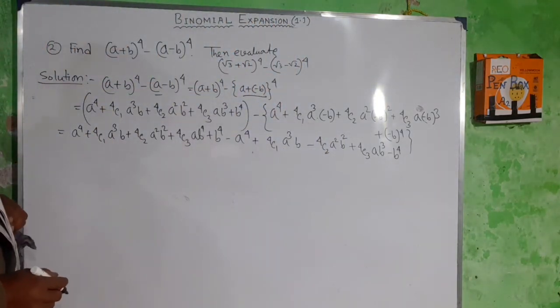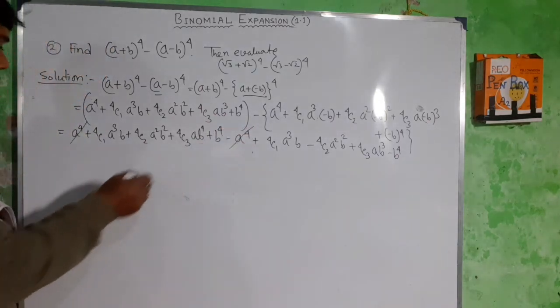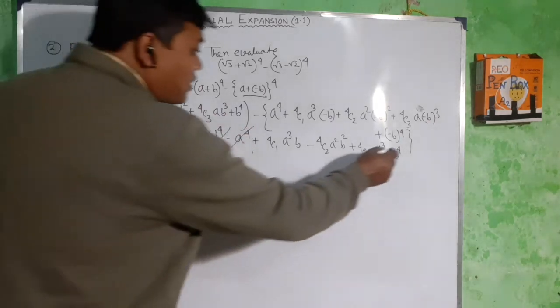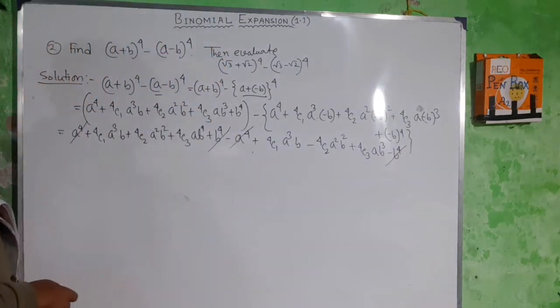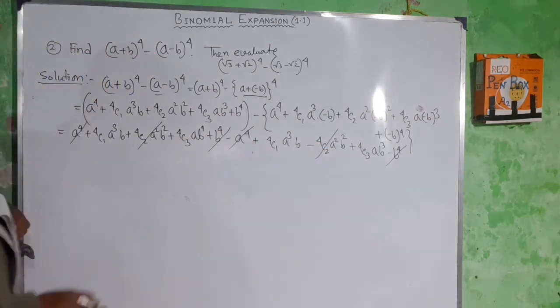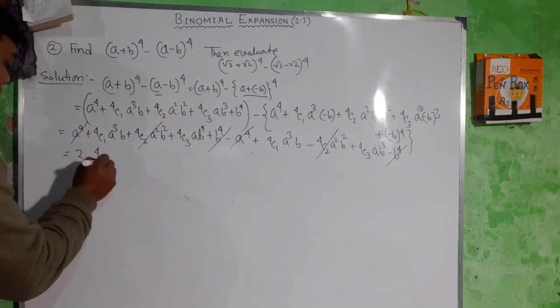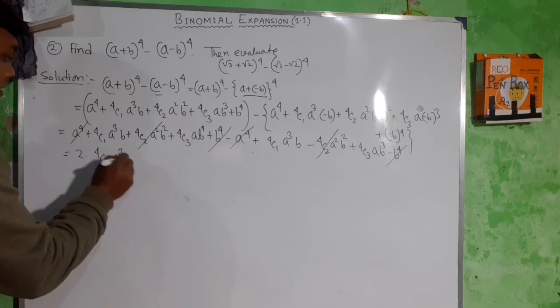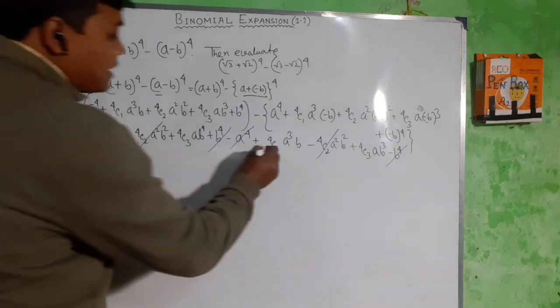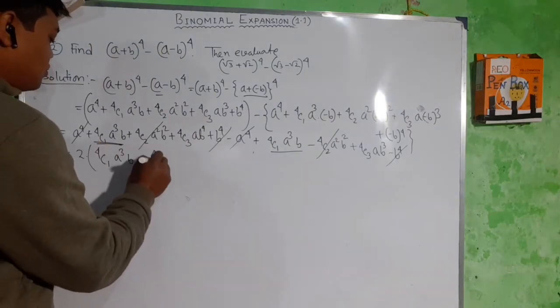Now a to the power 4 cancels, b to the power 4 cancels, and 4C2 and 4C2 cancel. So we will get 2 into 4C1 a cube b, 4C1 a cube b and 4C1 a cube b plus 4C3